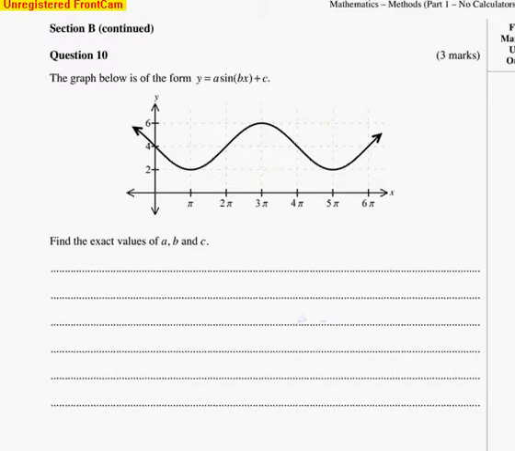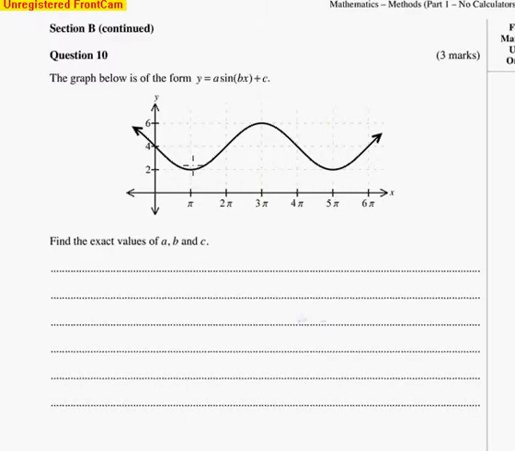Again, here's question 10 from the 2013 exam. We are given a graph that looks like that, and it's a sine bx plus c, and we have to find the values of a, b and c. I will start with the period, because the period of this curve I can work out is when any